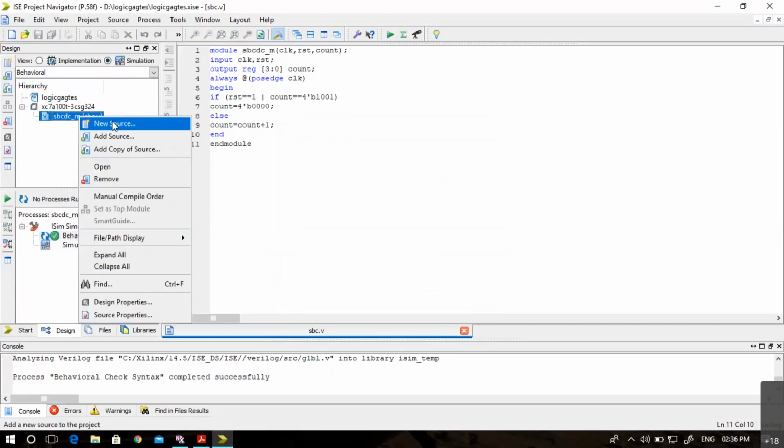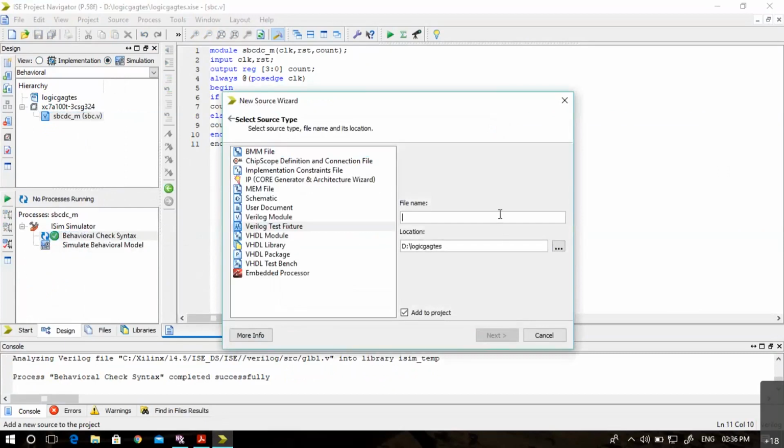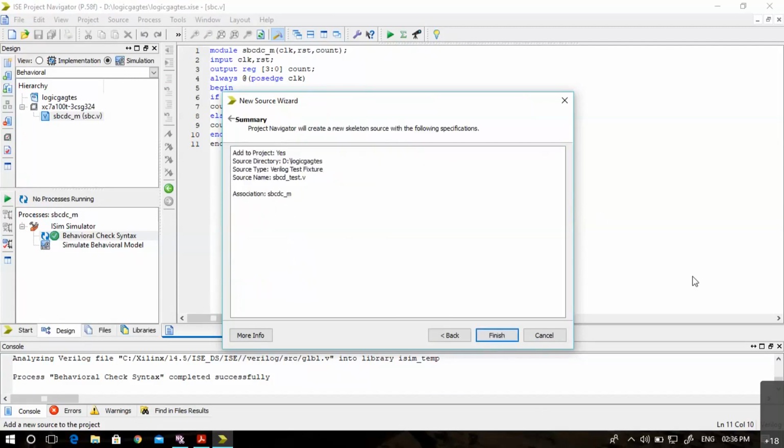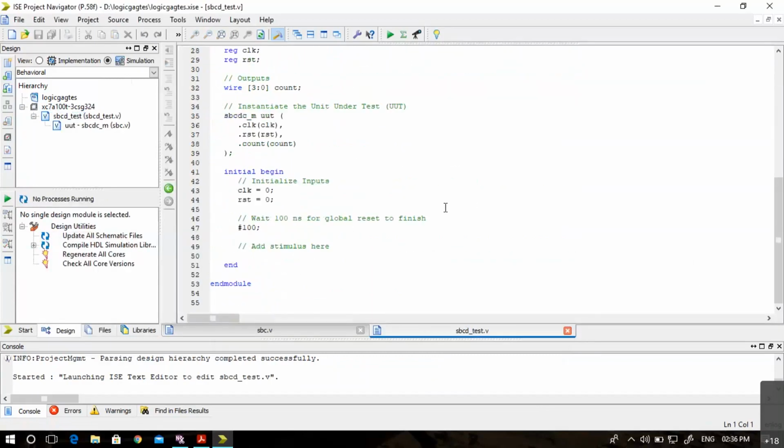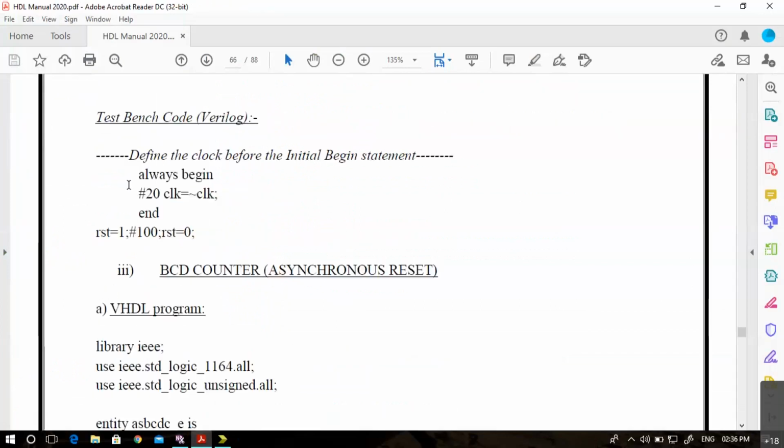Now let us add a test bench. sbcd underscore test dot v. So as usual, we have to add the clock code and the stimuli.